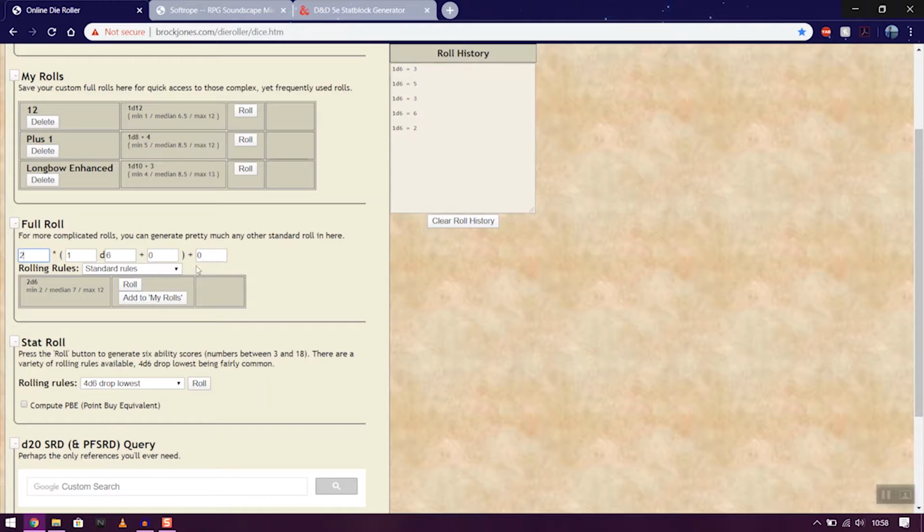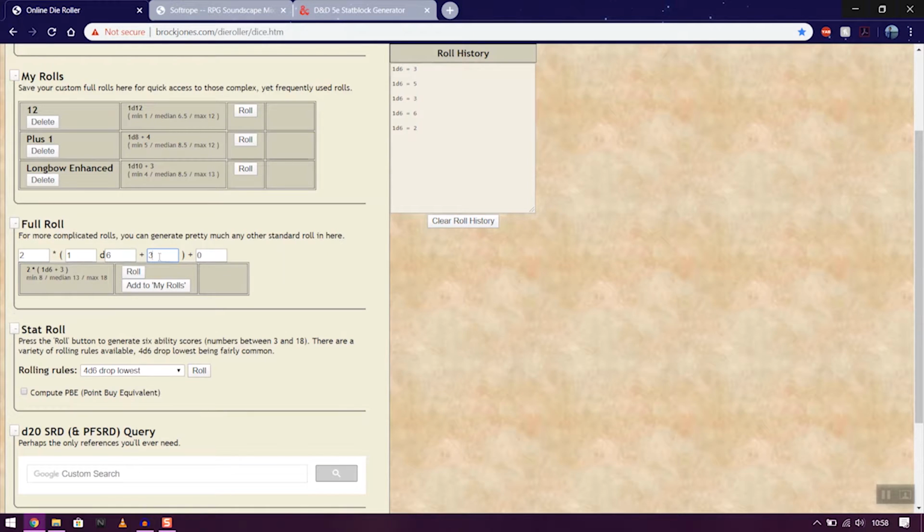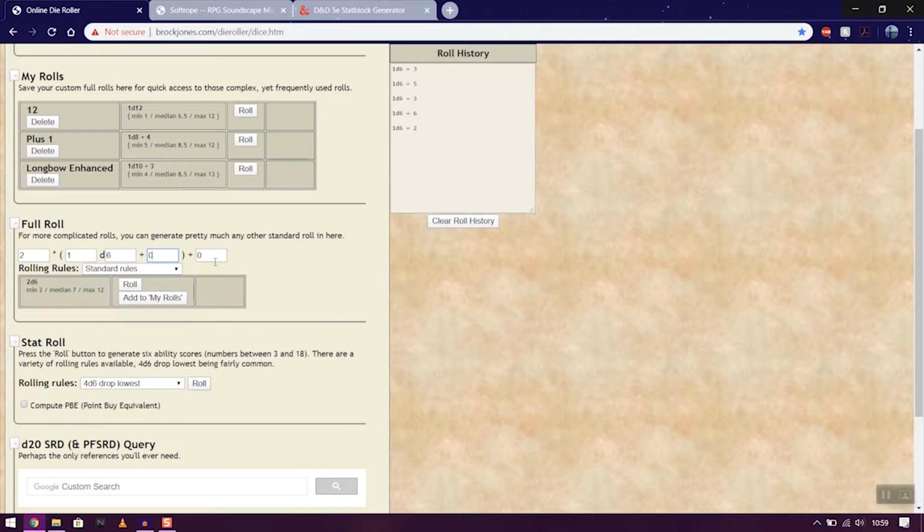Now, I made a mistake when I was using this the first time, because if you're doing a weapon that does 2d6 damage plus 3 because of strength or dexterity, for example, I was putting the plus 3 into here, which would then add plus 3 onto every single one of the rolls of those d6s. So it would be roll 1d6, add 3 to it, roll another d6, add 3 to it. Whereas what I wanted to do was add plus 3 to the end result, which, as you can see down